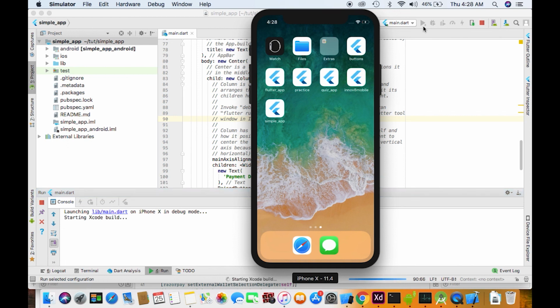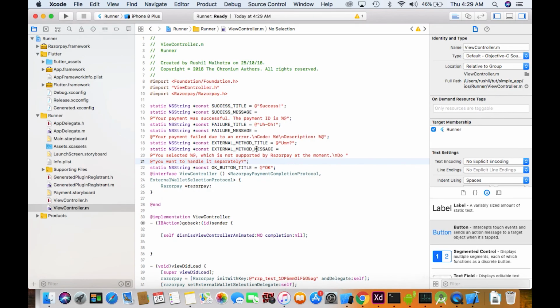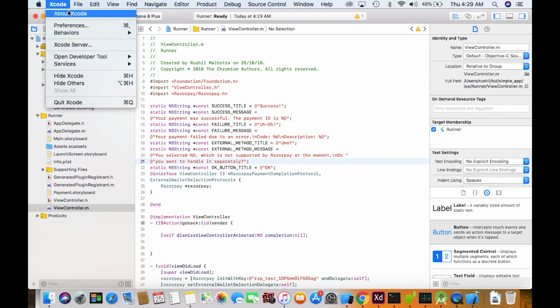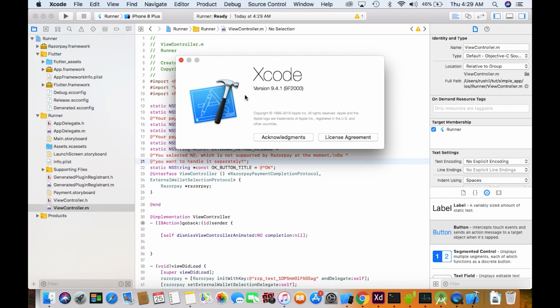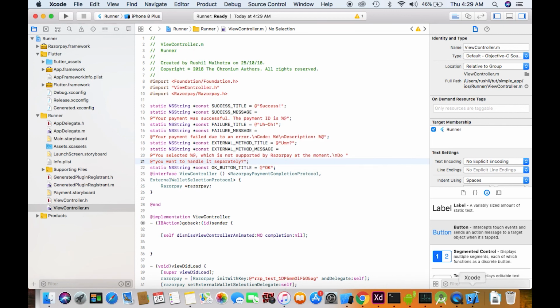Sometimes I've seen some complaints online. Xcode is 9.4.1, in case you have some trouble fixing things. And my Android Studio and Flutter version is almost up to date. Flutter is amazing.